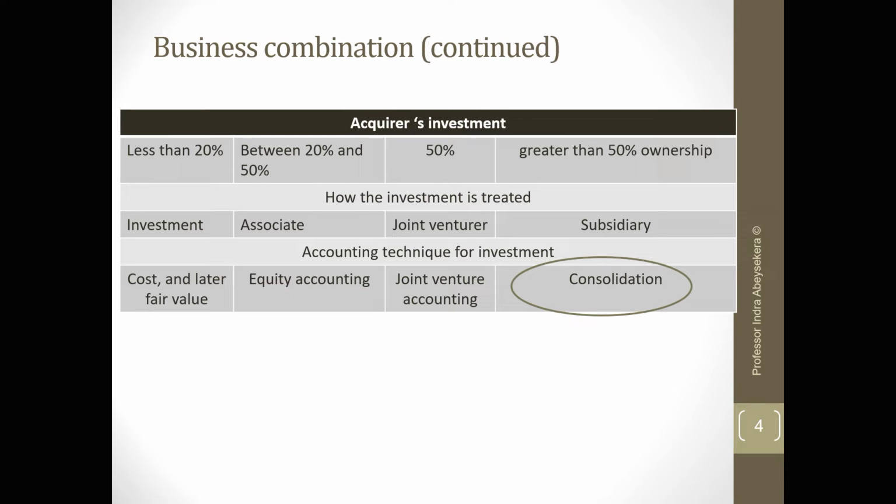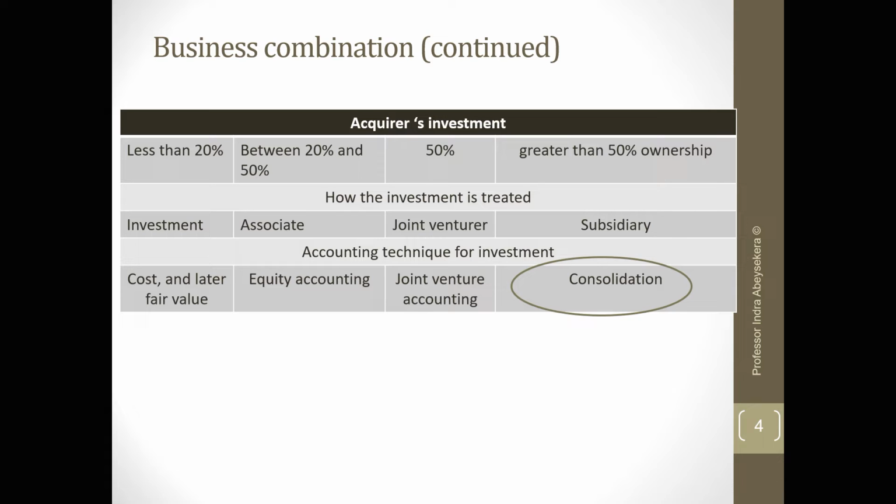If the acquirer's investment is greater than 50% in ownership, the acquired entity is called a subsidiary. To find the acquirer's investment in subsidiary, we use consolidation. Our attention in business combination is where the acquirer acquires another entity called subsidiary, and